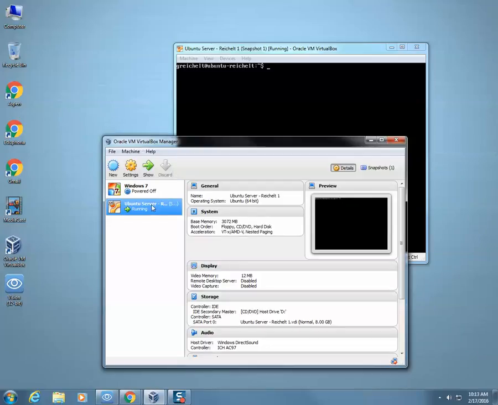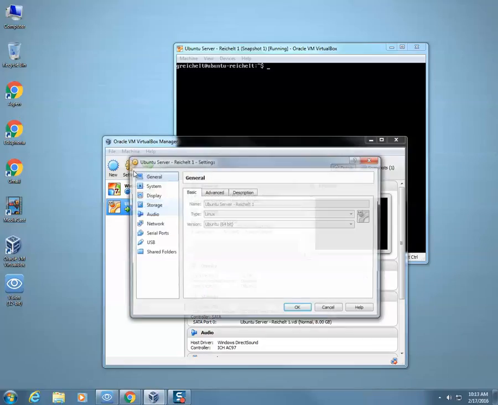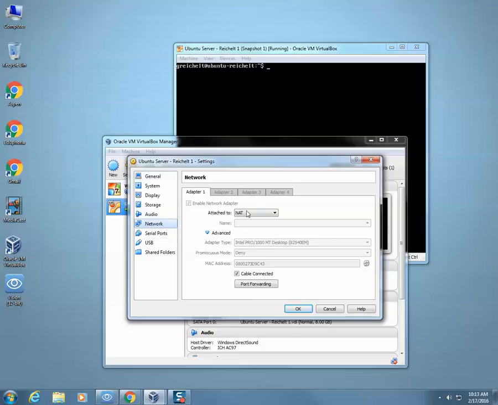One of the first things that I want to note is I'm going to click on settings and go to network, and I want you to note that this is attached to a NAT network. This is exactly what I want. NAT is perfect for downloading files to my virtual machine. If this was switched to bridged, I would have all sorts of issues and corrupt files when downloading to my